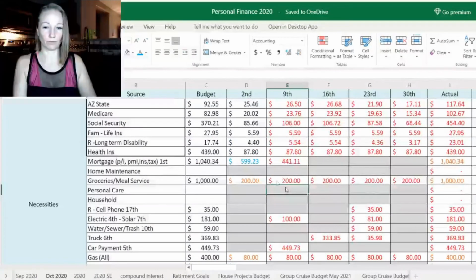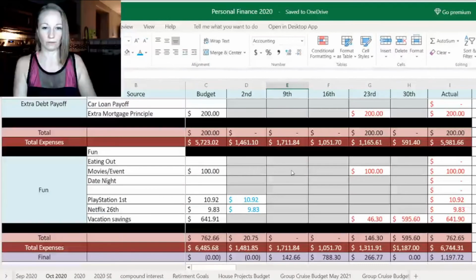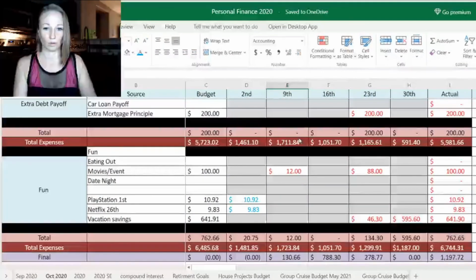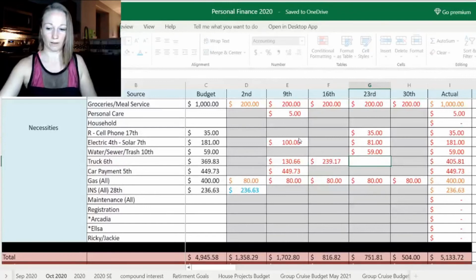I need to make sure I'm covering that $5 personal care that we spent, and out of this events, $12. So I want to try to keep our budget at only the $100. So I'm going to go ahead and change that to 88. Basically, I've spent part of it already. So we're going to go ahead and put some into the truck payment. $130.66. So out of this one, we just need $239.17, and then we won't need anything out of the